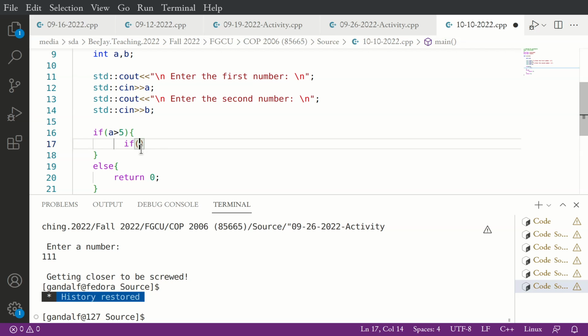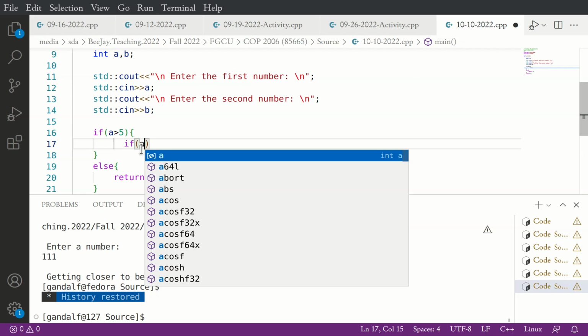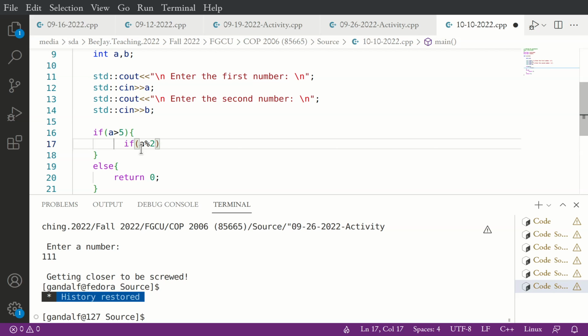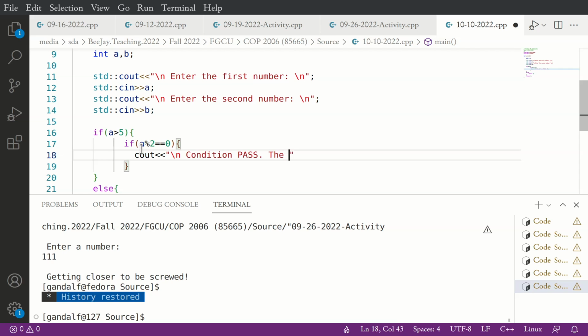If even, how do we test if the number is even? Mod 2. How do we do mod in C++? Percent sign. So a mod 2 equals 0. I'll simply say condition pass, the number is even.